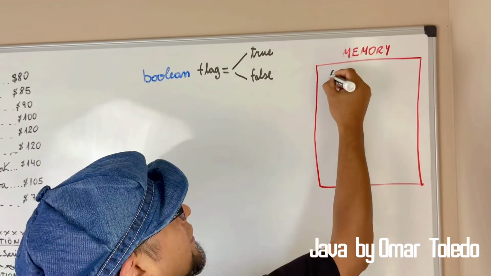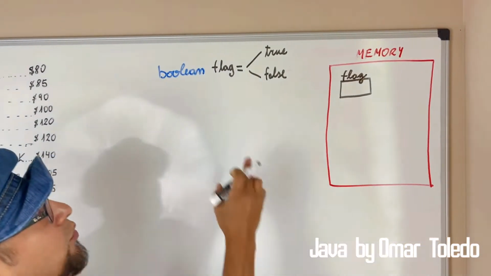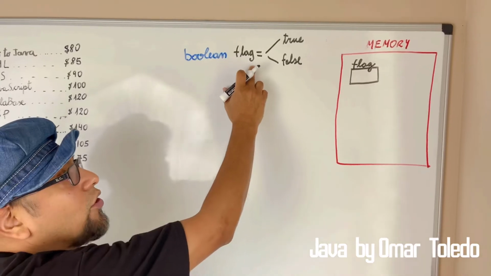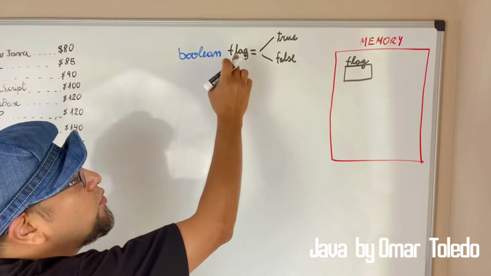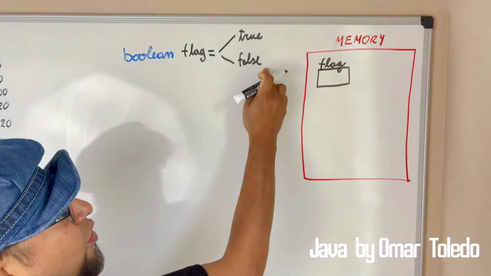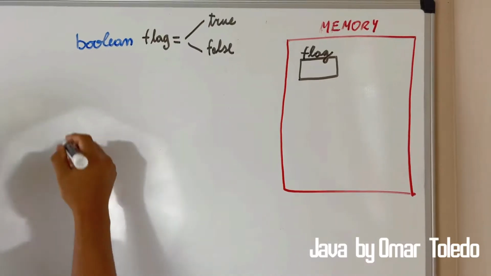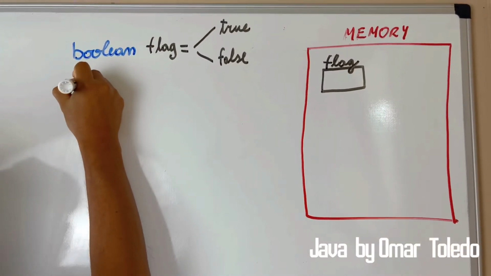Those are the variables, yes. We're creating a Boolean variable now, not an integer variable, not a double variable. We're creating a special container to hold true or false. Simple, right? So now you can use the variable flag